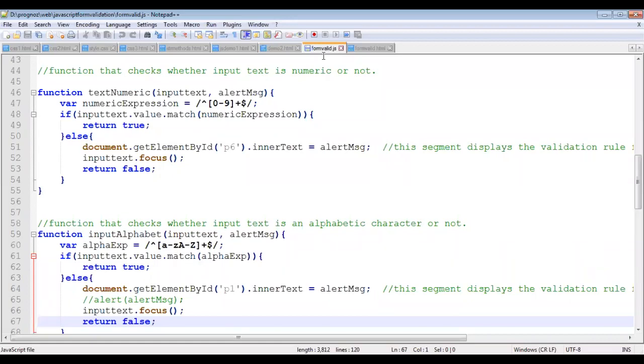Now, this function is responsible for checking the validation that the input text, or you can say the current text box, should accept only integers or only numbers. It should not accept any special character or alphabets. Then, to perform the action, I have taken one var numericExpression, and this is called a regular expression. This character has some meaning. This slash is used to enclose the regular expression.